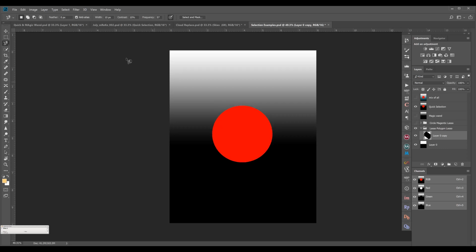So now when you start from here and go around like this, when you come to the starting point, automatically you will find a circle below the tool, which means that the selection is complete. So now we have done the selection precisely. We did not have any strain in selecting this. Instead, if we had used the other tools, we would have found it very difficult to get a precise selection like this. So this is how the magnetic tool works.